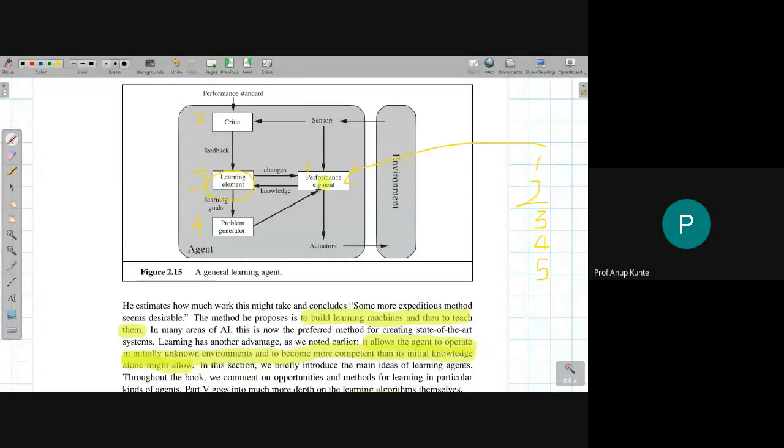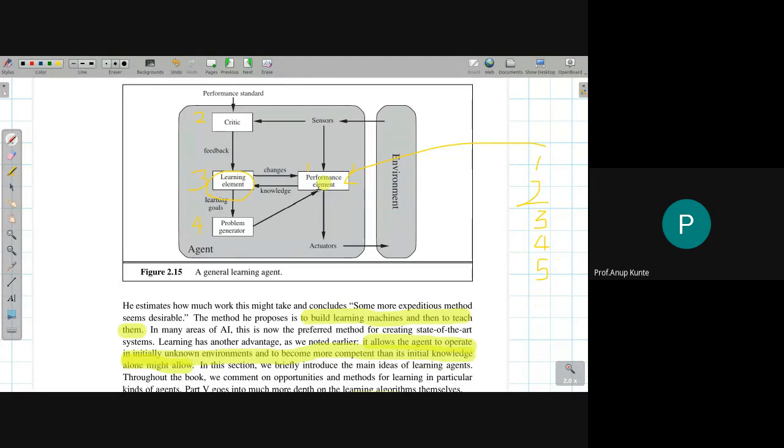We have not yet reached a point where we can zero in on an AI solution, but we are now in a position to understand, if I have to build an AI, in which direction I have to think. If I am given a real world scenario, I should be able to read the scenario properly, identify the agent in the scenario, whom I want to replace as an agent. Then, once I identify the agent, I should also understand the environment in which it is operating. What is the task environment?